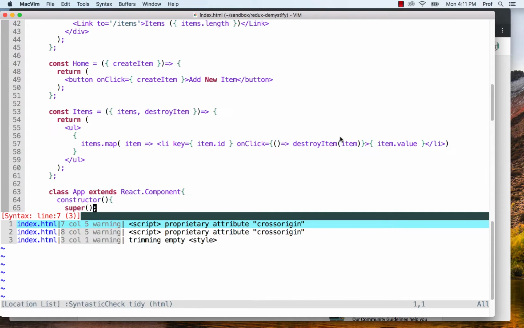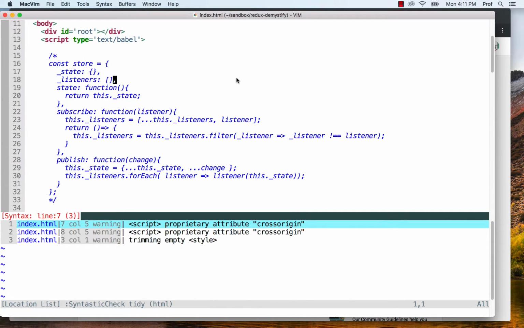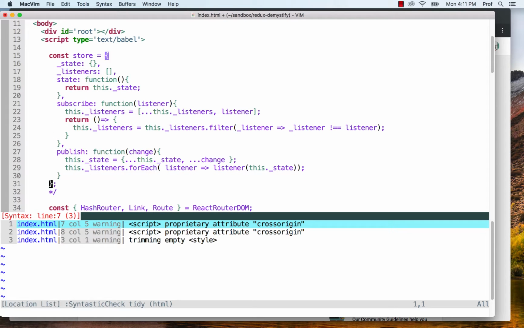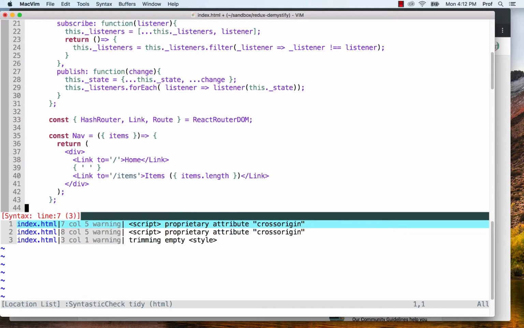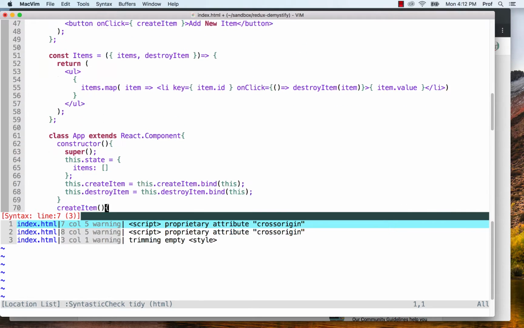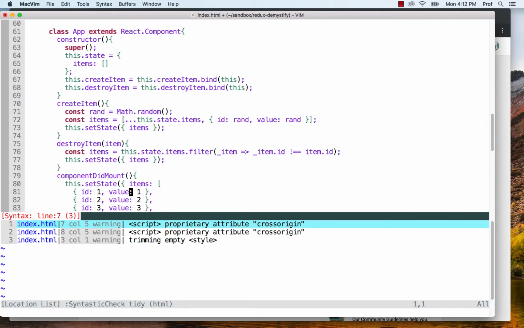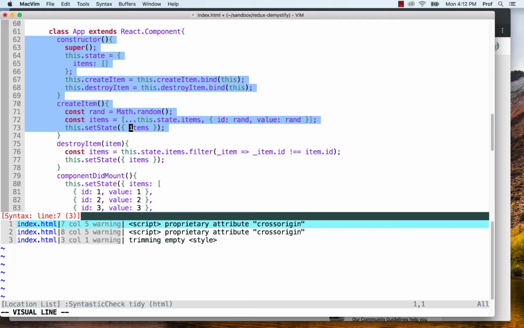So the advantage of using something like a store, which is what Redux is, I'm going to go over here and modify this a little bit. My initial state is going to specify that we have an empty array of items. And I'm going to make my app a lot less stateful. In fact, I'm going to take all this out,